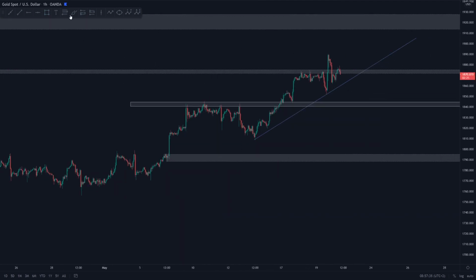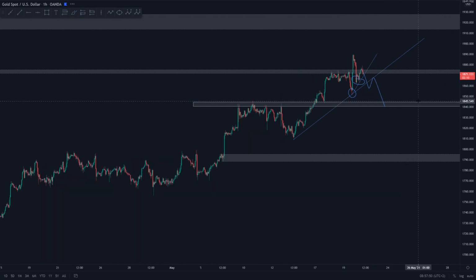Well, essentially what we would need to see, if we just adjust a trendline on the 1 hour, is at least a break of this 1 hour trendline, a break of this low over here, and essentially also a break of this low over here. But at the end of the day, something like this would be nice. So yeah, no longs on the board for me on gold yet, mainly due to the overextended nature.